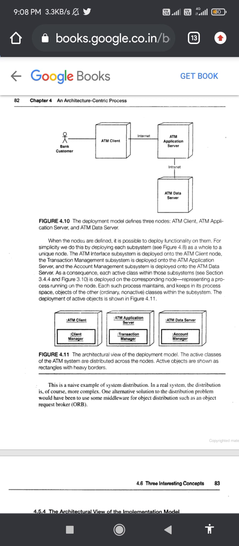For simplicity, we do this deployment by assigning each subsystem as a whole to a unique node. The ATM interface subsystem is deployed onto the ATM client node.